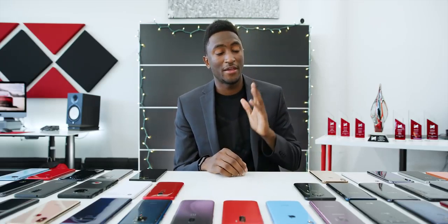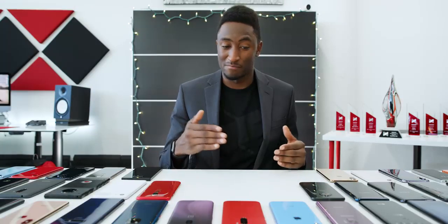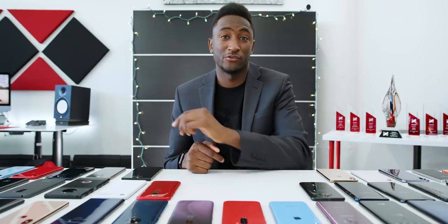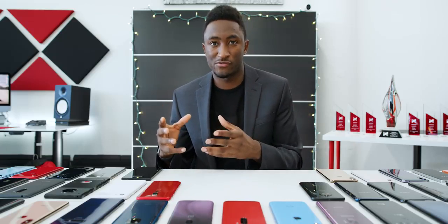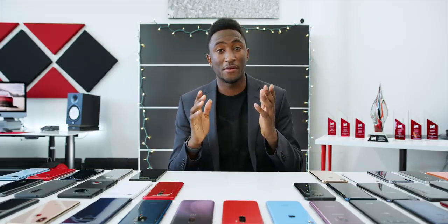First category is Best Big Smartphone. So nowadays, most smartphones are already pretty big, right? They've gotten bigger year after year. All these phones in 2018 are way bigger than the phones from 2015. But this award goes to the one that takes the best advantage of all that extra space, that makes the most use of being big, both with hardware and software. And the winner for Best Big Smartphone of 2018 goes to